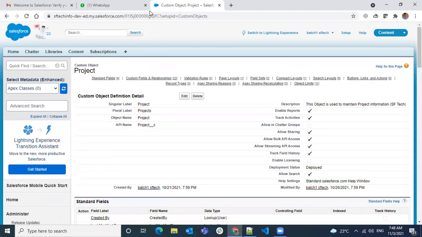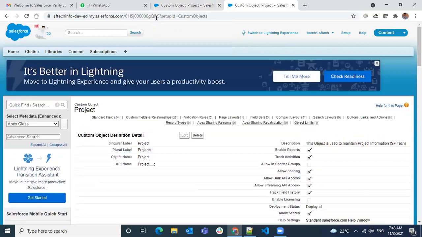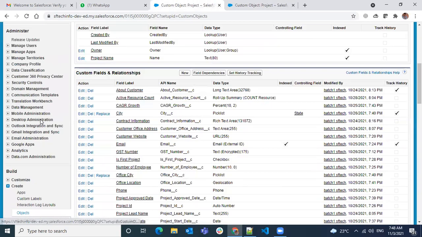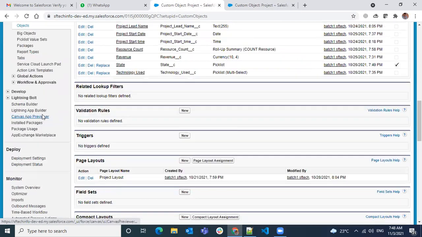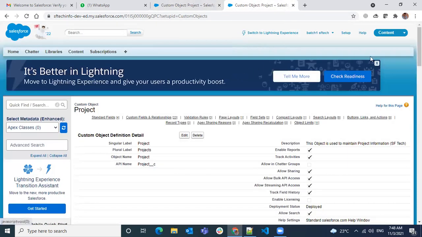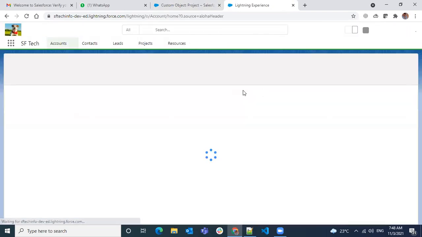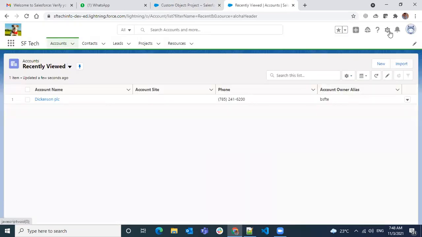Let me quickly show you the difference. It's not only one difference, there are some differences. When you look at the Setup navigation, there will be a difference between Lightning and Classic. Now I am in Lightning.